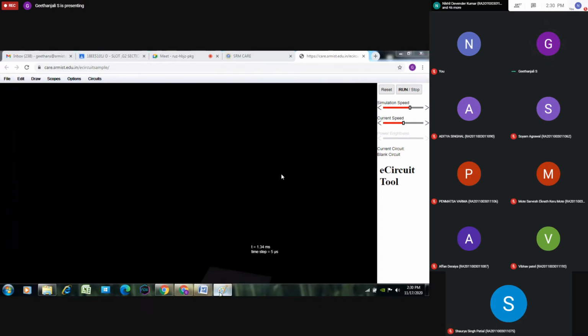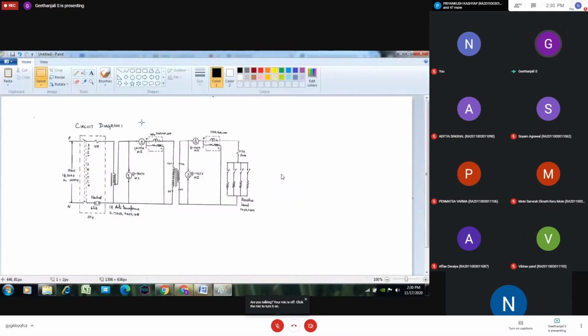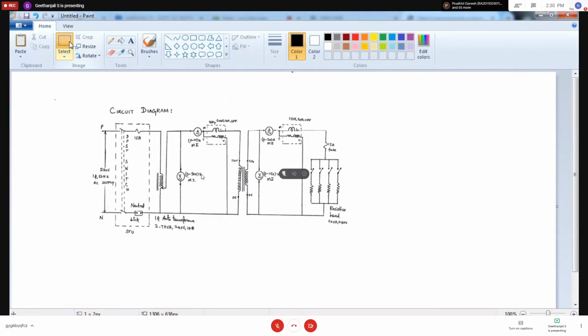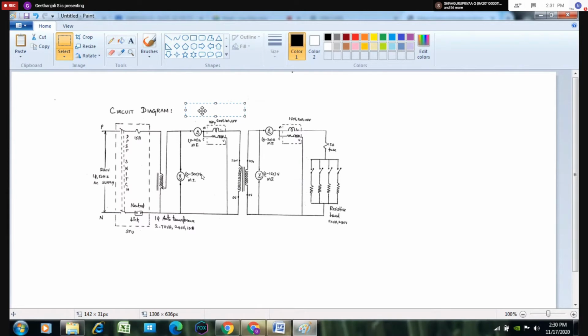First, one more thing. Here in the E circuit, there is no wattmeter. All of you make a note: input power. Input we are giving on the primary side. There is no wattmeter, but we need to measure the input power. So by using a formula, we can obtain the input power. All of you make a note. This is the formula which is used to find the input power.